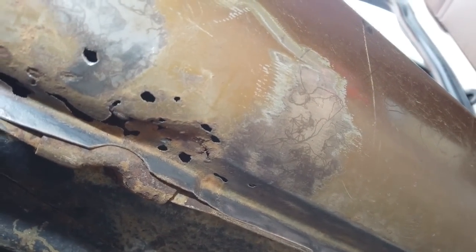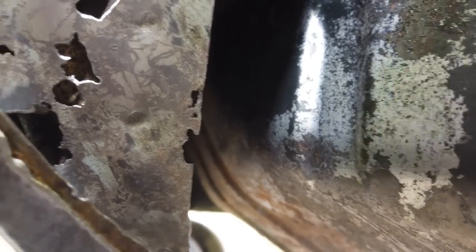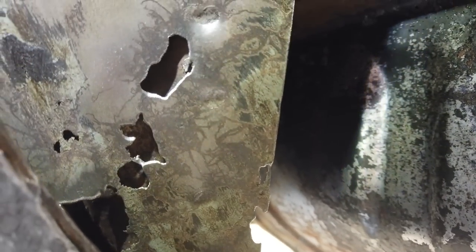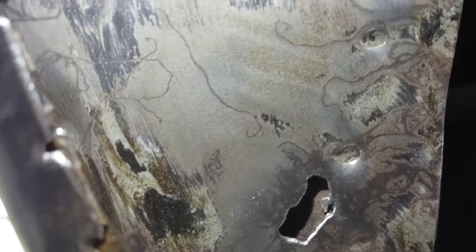So it's pickled, so we need to be slicing out and putting another repair section in there. And then a little bit more than the other side, we've got this lower quarter corner gone there. You can see that quite clearly on your screens. So that needs a shaped piece putting in. And it's a double skin here. You've got your outer lower quarter meeting the inner wheel tub shape, and the petrol tank